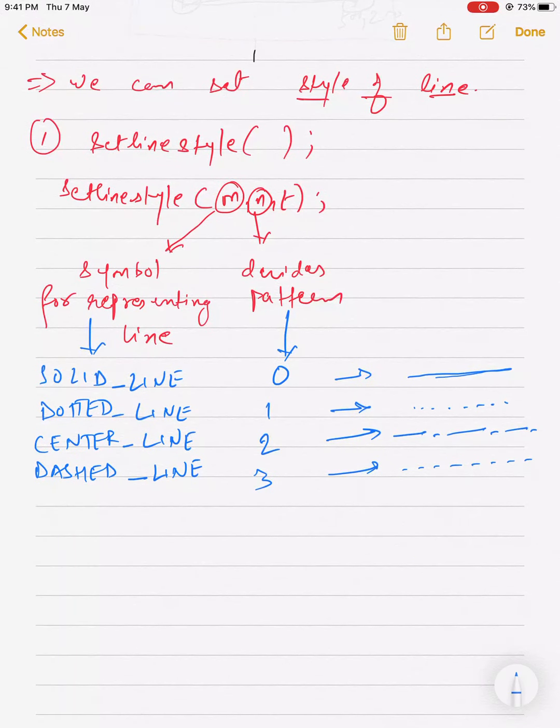Now one more thing left, that is T. T decides the thickness of the line.